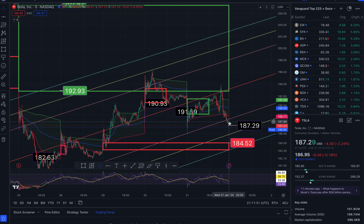To the north side takes us to resistance at -2 standard deviations, 188.29. VWAP takes us to 190.05. This gap forms to the upside at 192.93, which I've talked about in the past. The middle of the trend is very close, 193.13. Two standard deviations and another level of resistance,